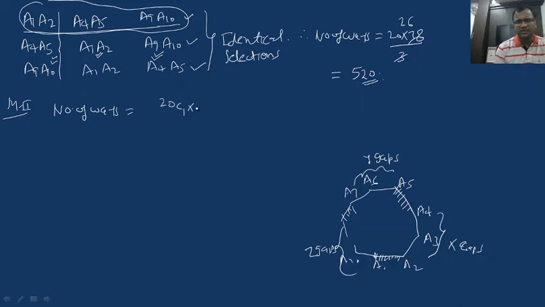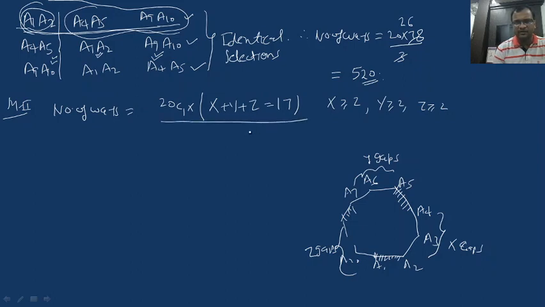The number of ways is 20 into, we have to count the number of ways in which this sum becomes 17. x plus y plus z equals 17, under the same constraint: x should be greater than or equal to 2, y should be greater than or equal to 2, and z should be greater than or equal to 2. And also in this counting manner, each way of selection is counted thrice, because we have done the job in two separate parts: first we select the first side and then we select the remaining two sides. So there is a maximum chance of repetition.